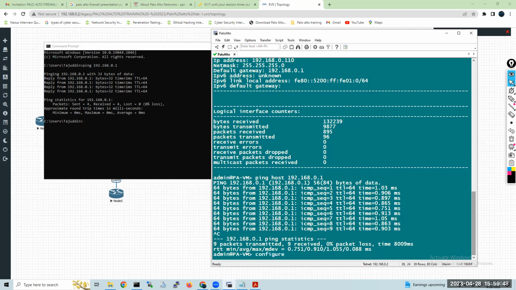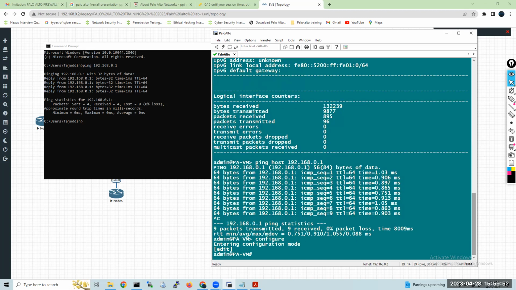If you go to your global configuration mode, type configure here. No need to give configure terminal like how we give it in Cisco devices, that's conf t. Here it is not like that. Only configure, that's it. Now we have entered your configuration mode. Here we can do all your configuration.